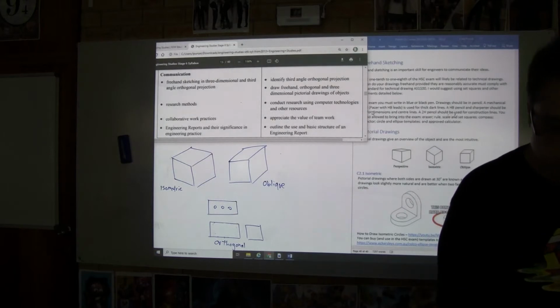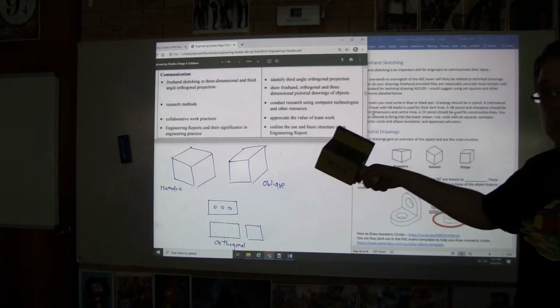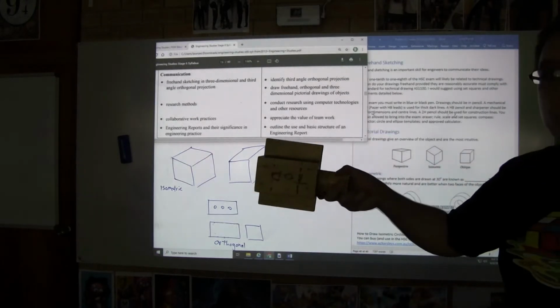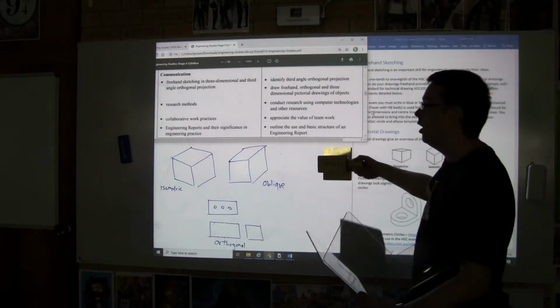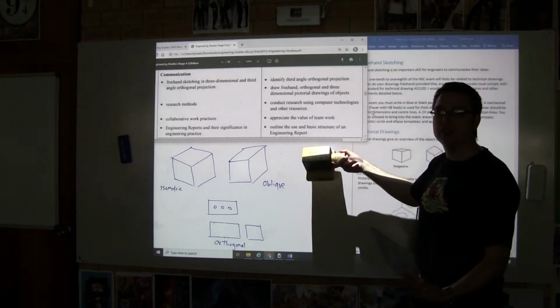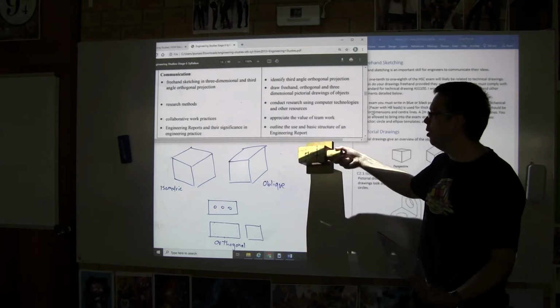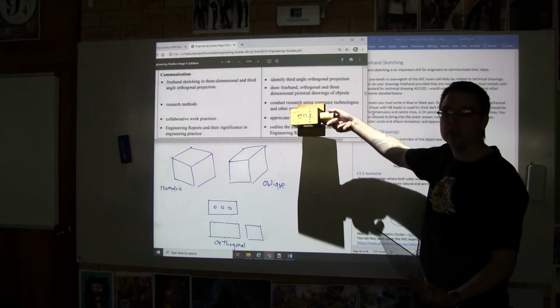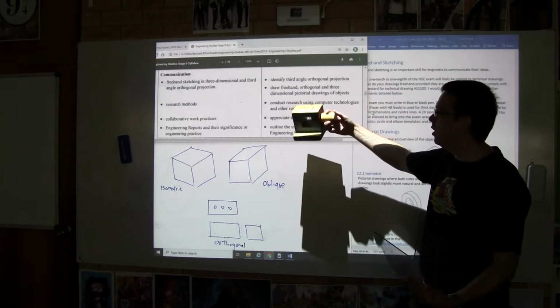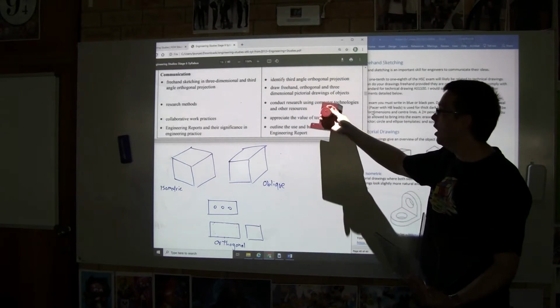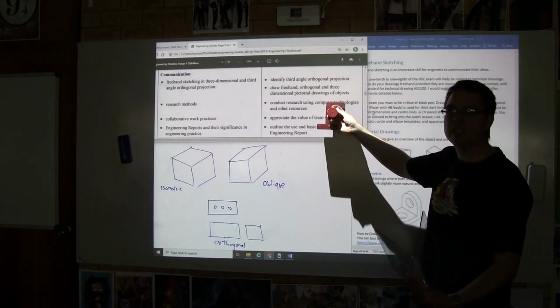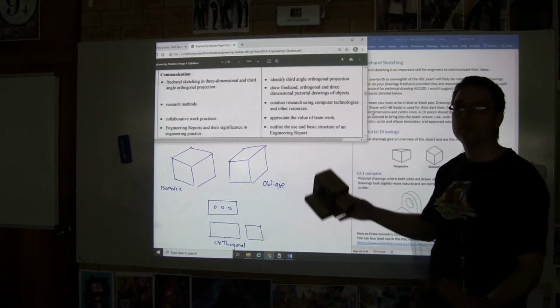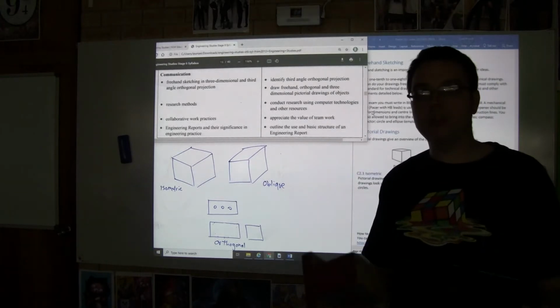if I have this object, and I've labelled the yellow section here as the top, I don't know if that shows up very well, I'm going to put it here. Hopefully it shows up better here. If I've said that this yellow area is the top, oh, there we go. Hopefully that shows up now. If I said that that's the top, and that this is the front, and that this red side here is the side, well, when we would draw this, I have a